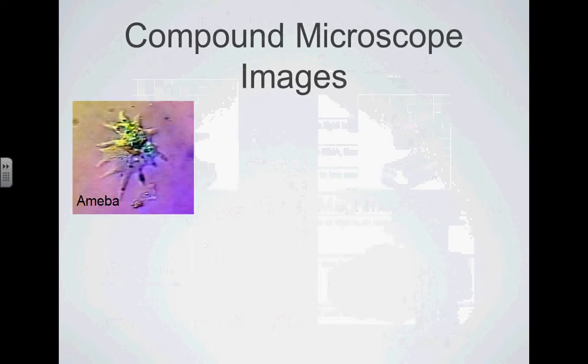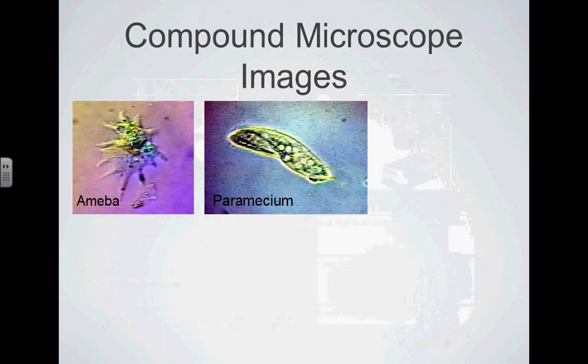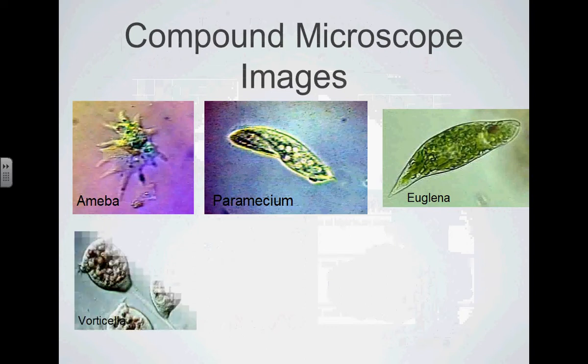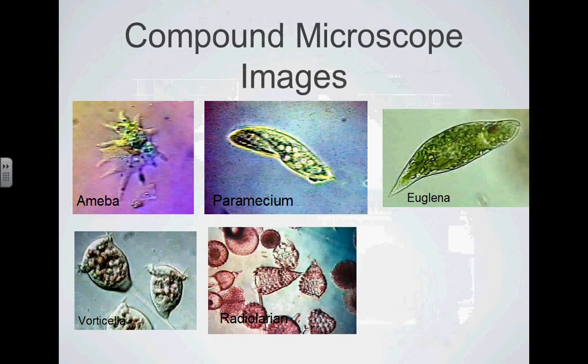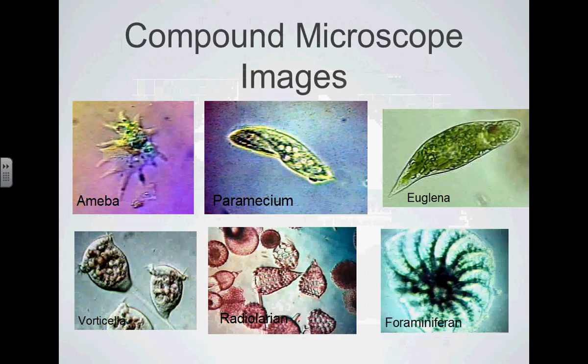If we look at some images from the compound microscope, here are some single-celled living things. You're going to see almost all of these. You're going to see amoeba later on. This is paramecium. This is euglena. This is vorticella, foraminiferan, radiolarian. So these are all single-celled living creatures that are very small, and we can use the microscope to see them. Now, what you'll notice when you're using the compound microscope, the image you see is a